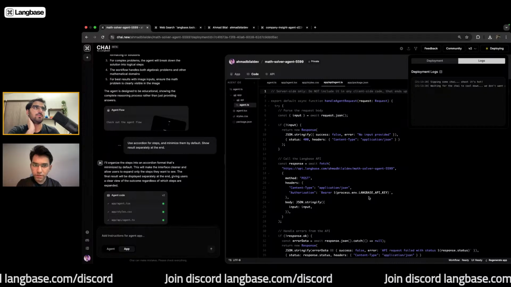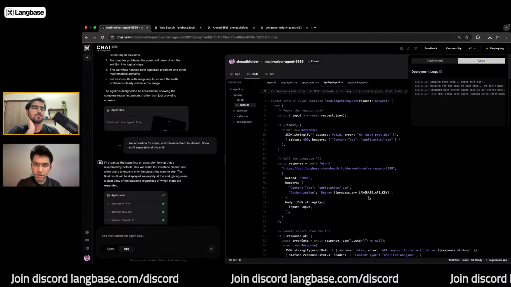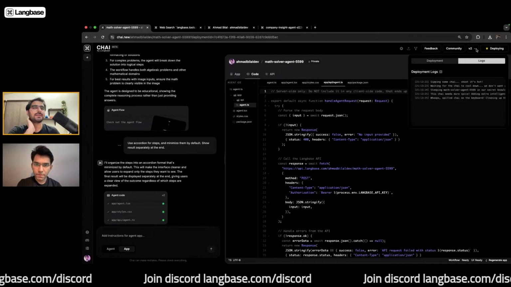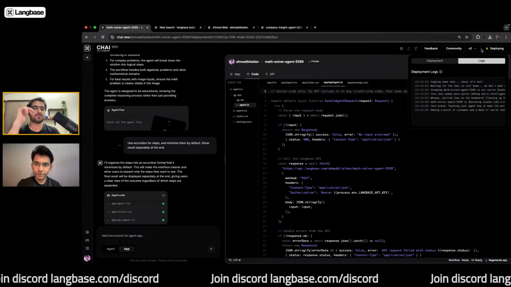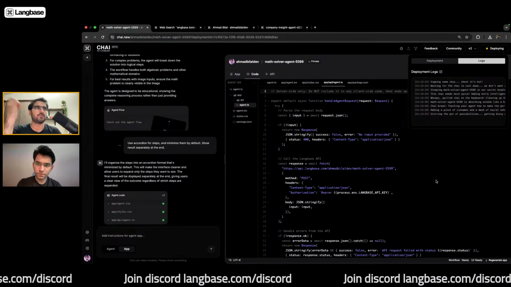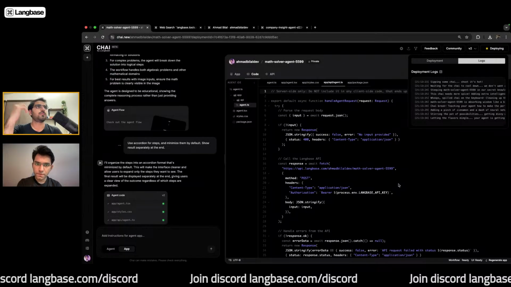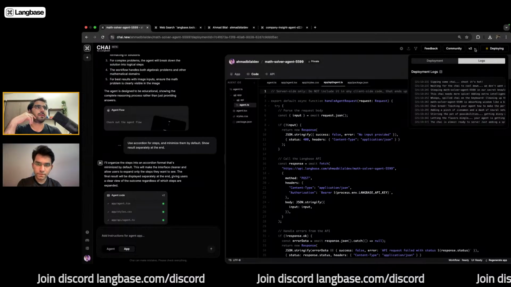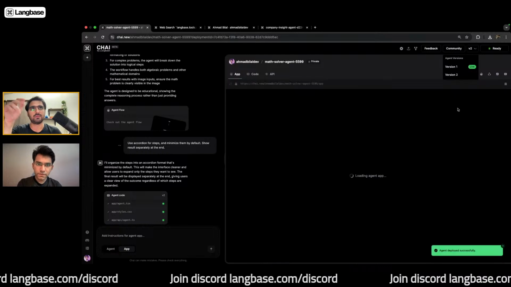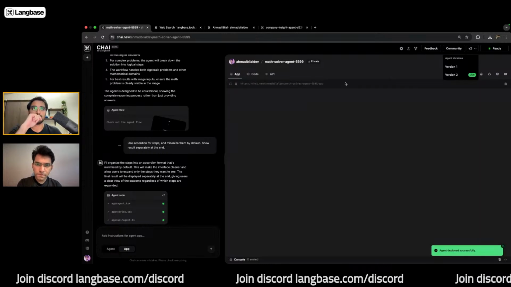Yes. Try versions anytime you prompt it or change the agent. It preserves each version so that if you don't like what it outputted or what your agent looks like now, you can simply click here and go to the previous agent and deploy it again, and try will point to that agent when you go to the link.